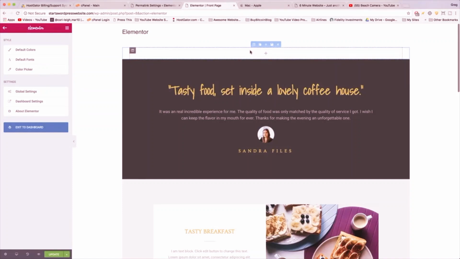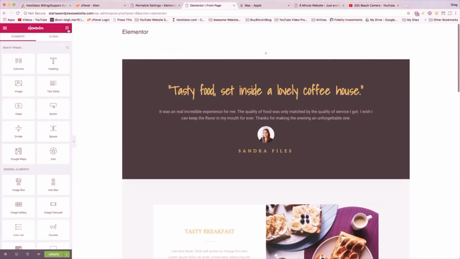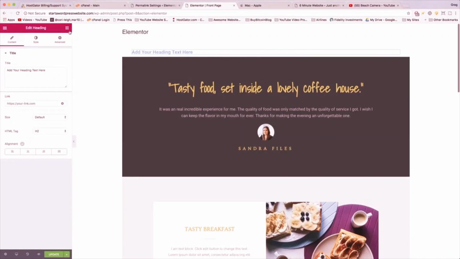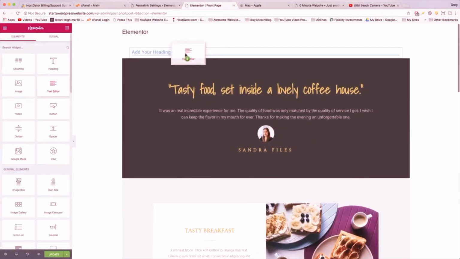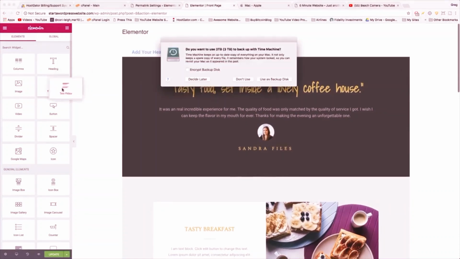And then we can put the background on the entire section so that everything we put inside of it sits inside that video background. All right, so let's do it. You can click on this little Rubik's Cube in the upper left corner to get to the elements that we can bring in, and then we can just start bringing them in. So I want to bring in a heading, click on the Rubik's Cube, and then we're going to bring in the text editor. And it takes a little bit of getting used to because we actually want to hold and